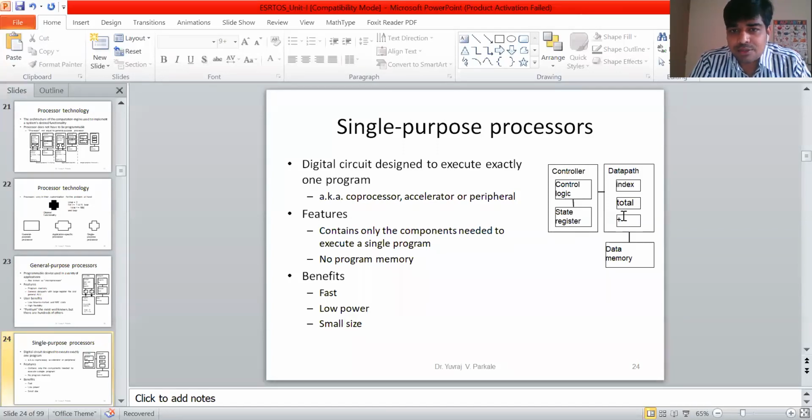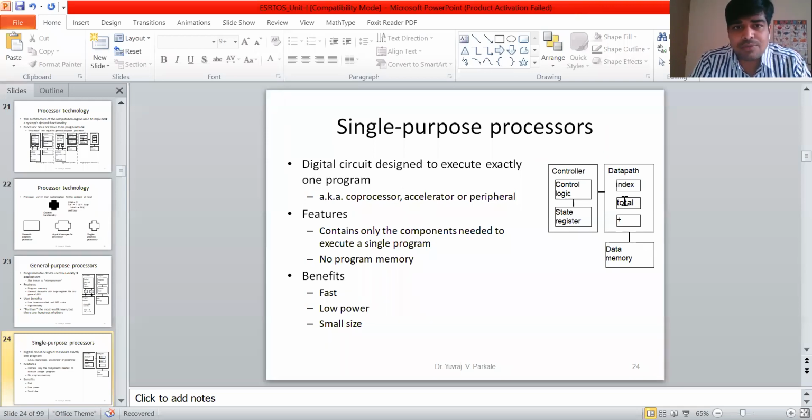So in single purpose processors, all the hardware is completely dedicated to only one task, and in this example it is dedicated to only the addition of an array. Whatever the contents are there in an array, you have to add the contents. That is your task.